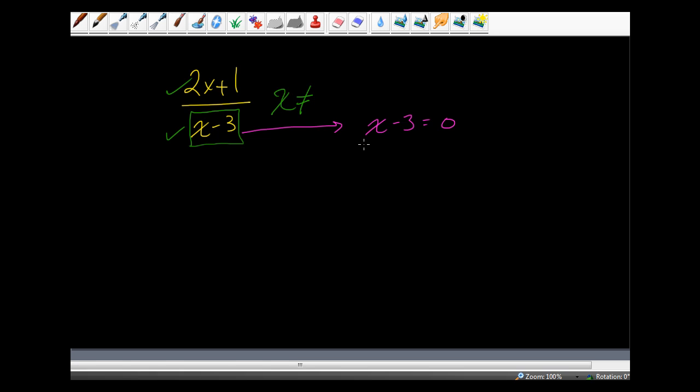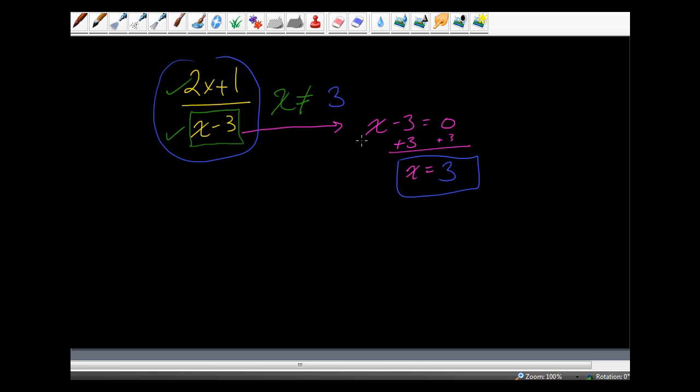And so we have a very simple algebraic solution here. You know how to do this from Algebra 1. You would use the addition principle to isolate the x on one side of the equation, and you would get that x is equal to 3. So we know that if x is equal to 3, then the denominator is equal to 0, and this entire expression would be undefined. So we would say that x cannot equal 3,